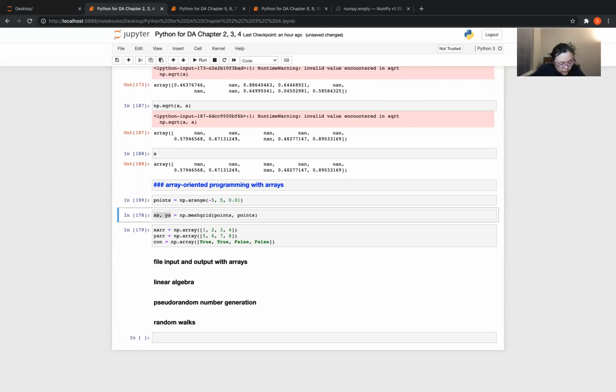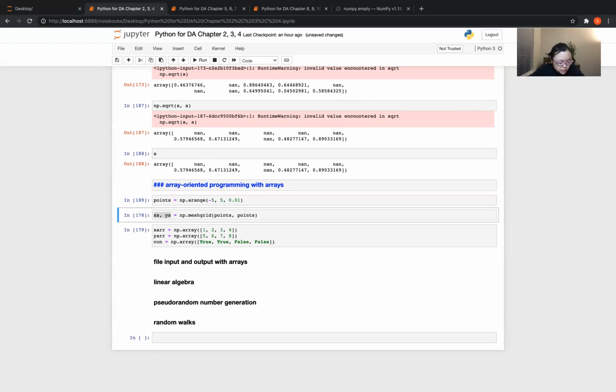It means that using NumPy arrays makes us able to express many kinds of data processing tasks as concise array expressions that might otherwise require writing loops. So this practice of replacing loops with array expressions is referred to as